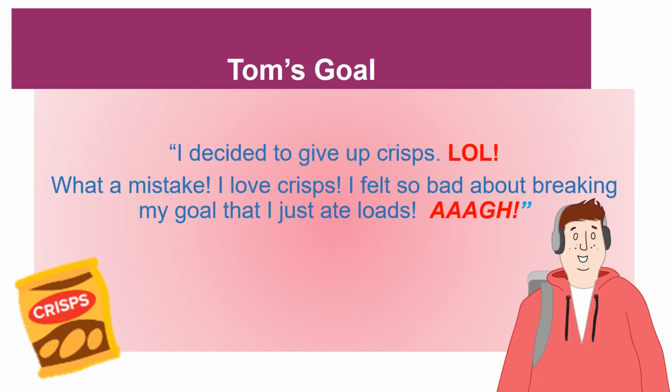Okay, so here we have Tom, and Tom unfortunately didn't choose his easiest goal first, and he's found it really tough. But when you make changes, things often go wrong like this, and it's okay. Tomorrow's another day and you can get up and try again. So this is just what Tom did. He decided to change his goal so that he could have crisps, but he made a change by saying he would have a packet less each day. So this is a much better goal. It's important to try and think of easy goals that you could make. You can talk about your goals in your one-to-one sessions, which will now be moving to every 2 weeks in phase 2 of the programme.